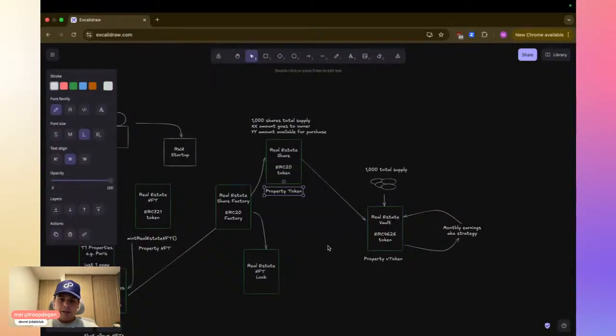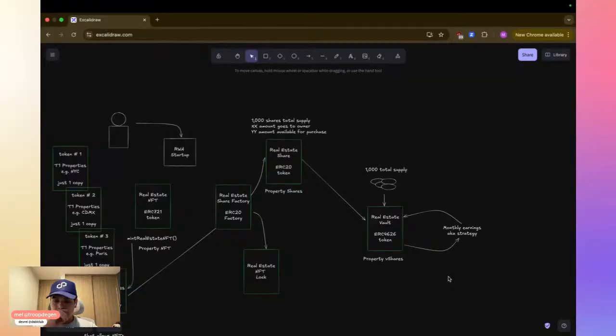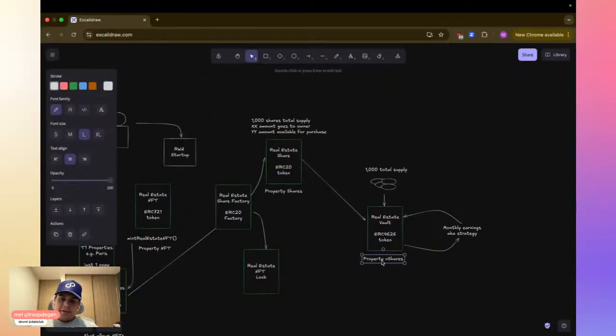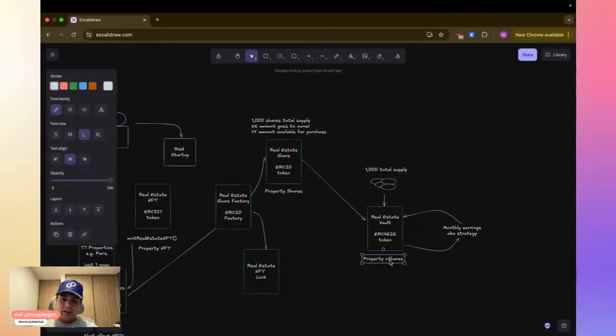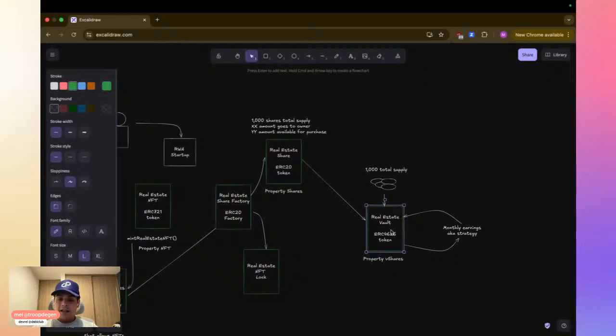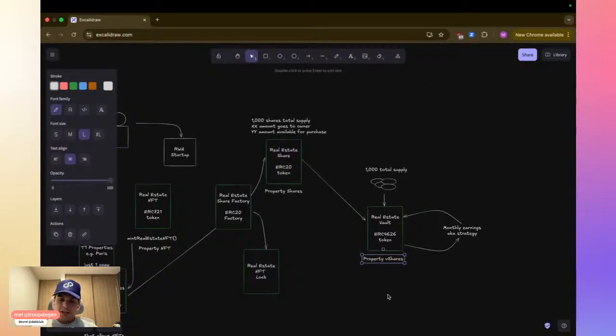Like we said, you had a property token, and then you had a property share. Let's go switch the name. And this one then would be V shares. So these ones are kind of like IOUs in a sense, because you can always, in theory, redeem your shares if I exchange them to someone else, or I just transfer it to another address. You should be able to get a one-to-one redemption on the token that you have here.